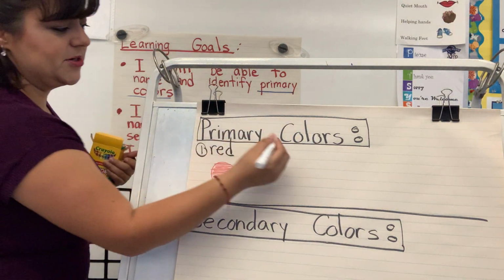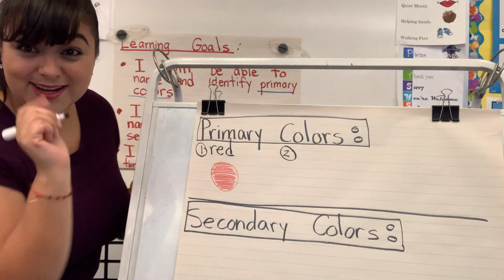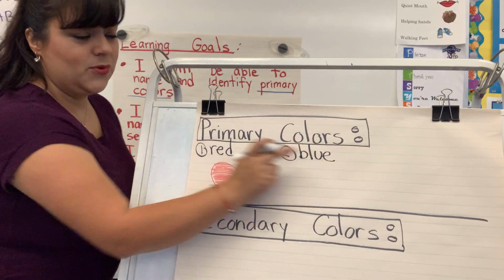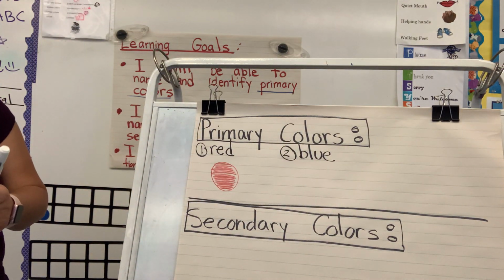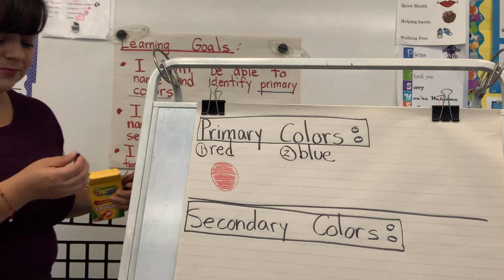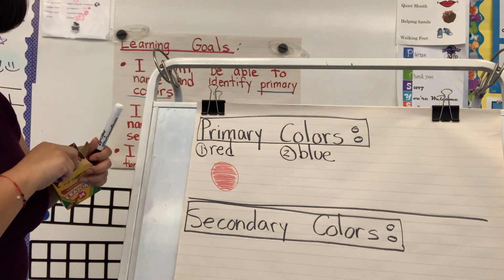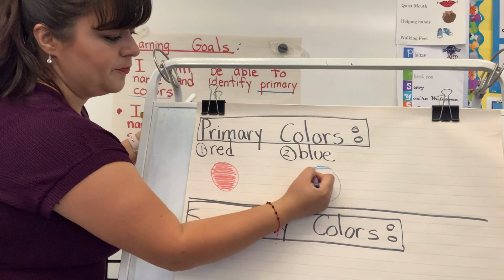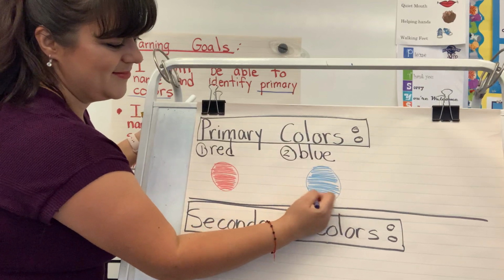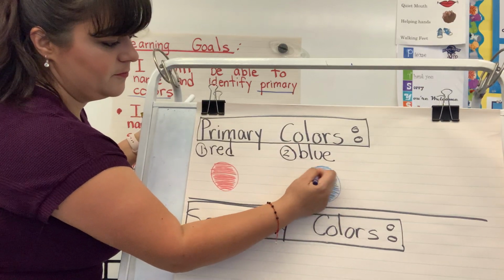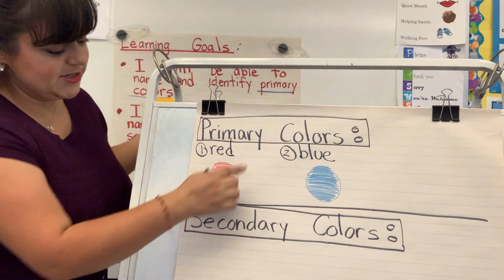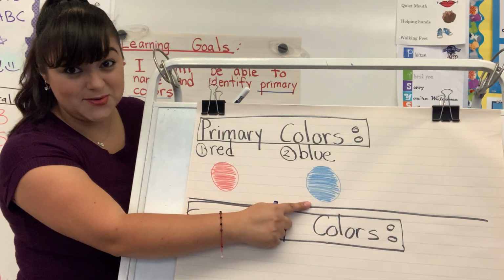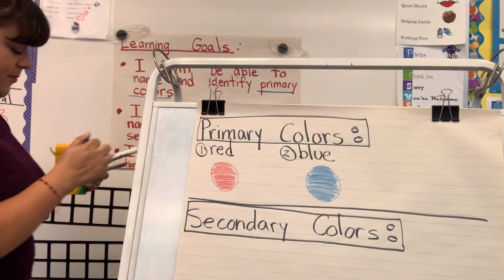Okay, let's move on to our second primary color. I will write it and you can read it at home. What is this word? Blue. So our next primary color is blue. So what is the first primary color? Red. What is the next primary color? Blue. Now we have one more